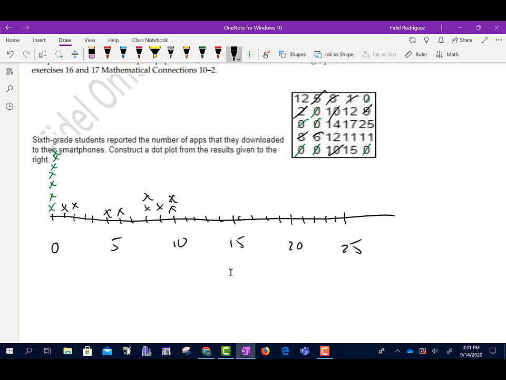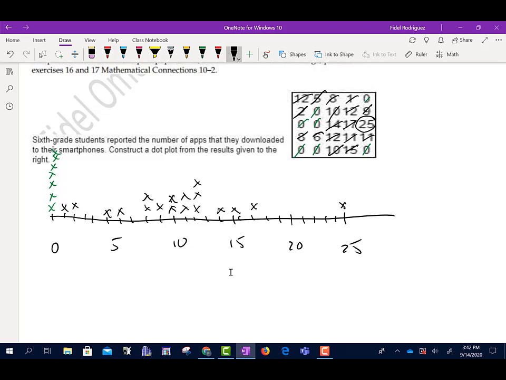Okay. Any 11s? Yes, it looks like we have 1, 2 11s. Any 12s? Yes, I see 1 and 2 and 3. Okay. Any 13s? No, but I do see a 14. 1 15. Okay. Any 16s? No, I do see a 17 right here. So 17 right there. And it looks like the next one that we have, because we've scratched out all the numbers, is